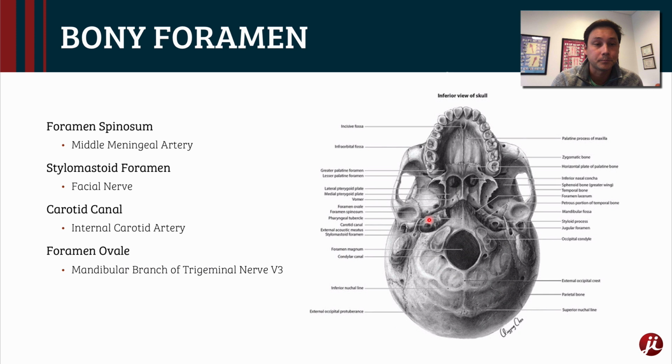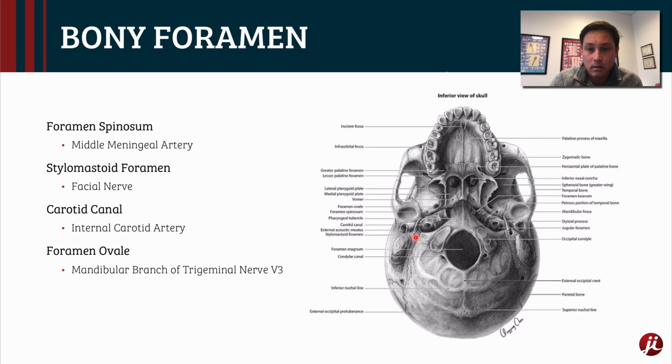So again, the middle meningeal artery travels through there, and that has blood supply to the dura. The stylomastoid foramen, which is just behind the styloid process. It's a little tough to see in this picture, but here's your styloid process right here, and just behind that is your stylomastoid foramen, which is the exit point for your facial nerve. And so facial nerve comes off of the brain, exits the head through the internal auditory meatus, and then exits the exterior of the head through the stylomastoid foramen. Then we have your